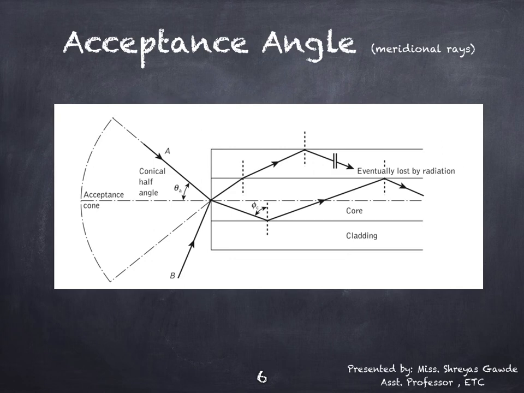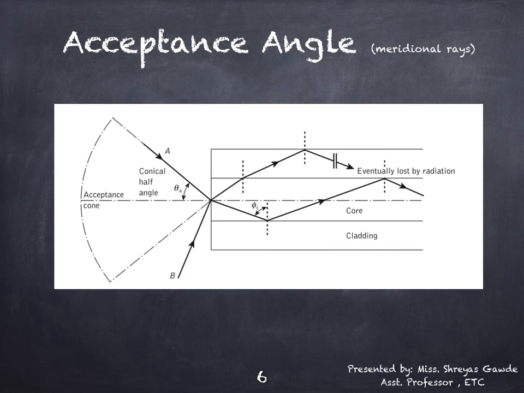It is also observed that this ray enters the fiber core at an angle theta A to the fiber axis, and it is refracted at the air and core interface before transmission to the core cladding interface at the critical angle. Hence, any rays which are incident to the fiber core at an angle greater than theta A will be transmitted into the core cladding interface at an angle less than phi c and will not be totally internally reflected. This situation is also illustrated with the help of incident ray B, which is at an angle greater than theta A, and it is reflected into the cladding and eventually lost by radiation.